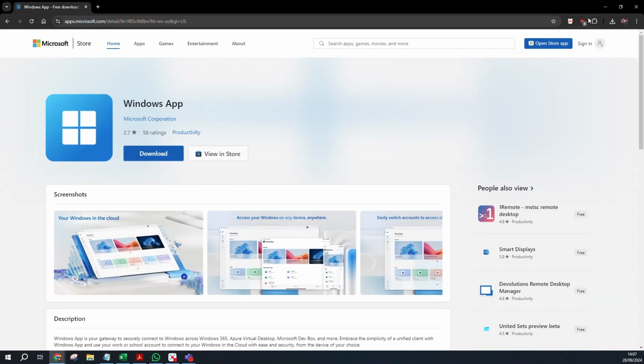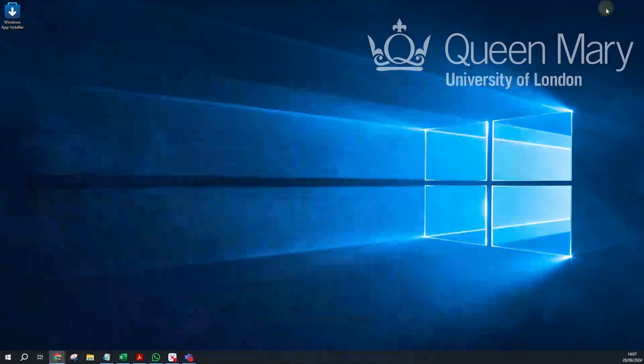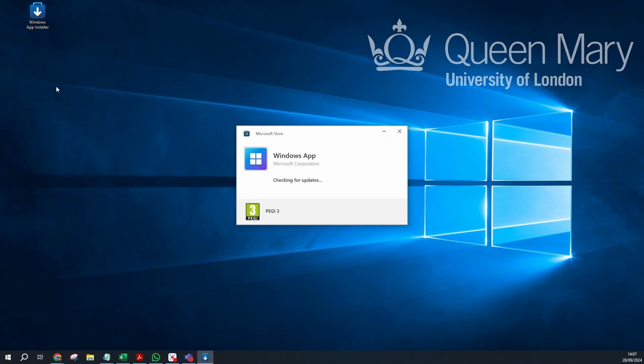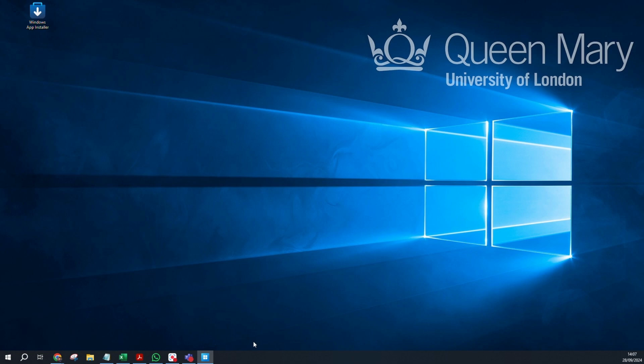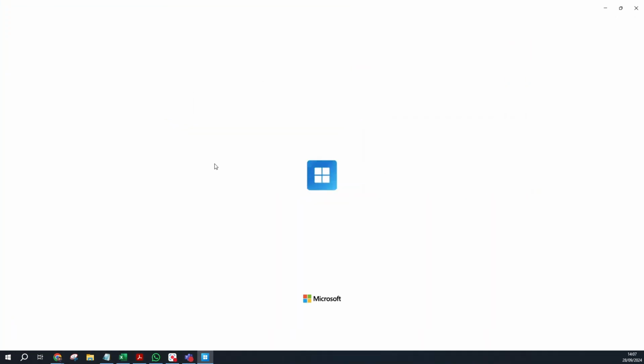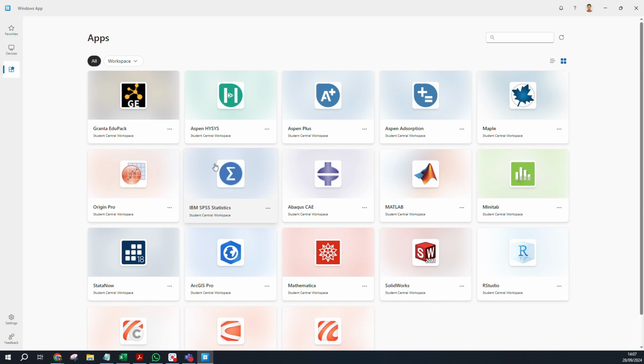It just takes you a couple of seconds to download, and once you download it, it will appear like this, Windows App Installer. After that you need to double click Windows App Installer, and then you need to select open. Yeah, here you can see this is the front end of what IT has provided to Queen Mary